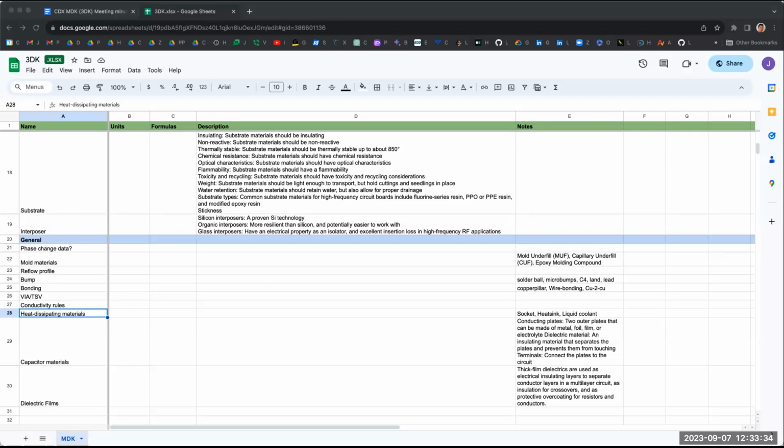The list will be a work in progress as the technology changes. We'll keep adding to it, but initially we're focusing on the important properties necessary for the 3D HI programs we're working on with DARPA, which is probably a good starting point, and it does include some optical and RF